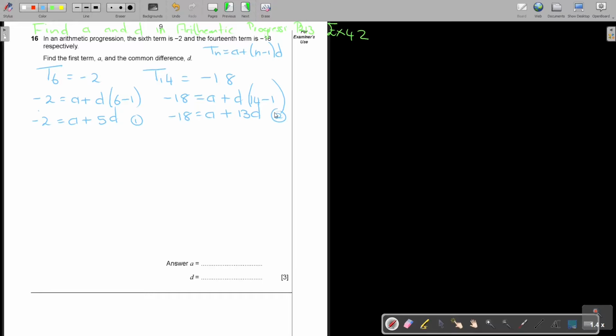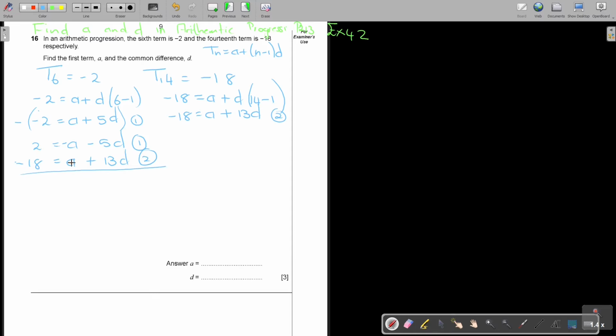Okay, so basically, I'm going to just multiply with a negative. So if I multiply this one with a negative, then I will get 2 equals A minus A. Just want to correct that. So that's a positive, this is a negative, this is a negative 5D. It's still equation 1. And then I rewrite equation 2. That's equation 2. And I draw the line.